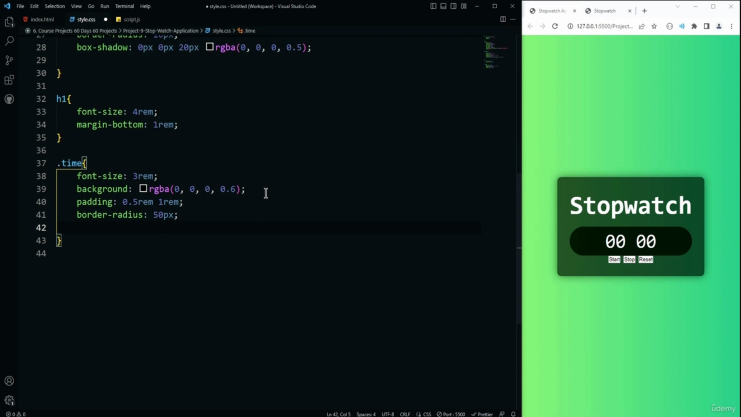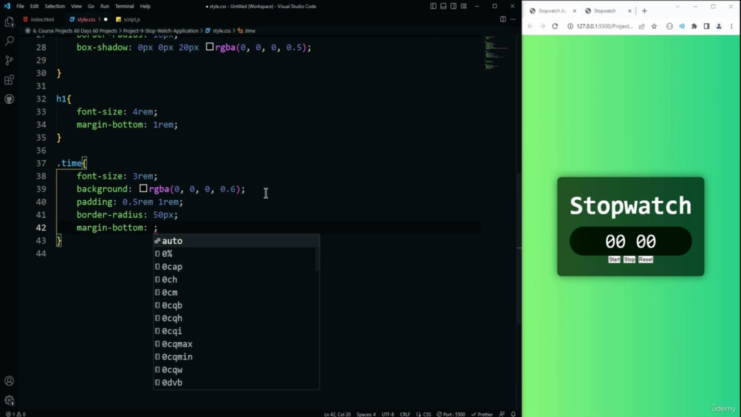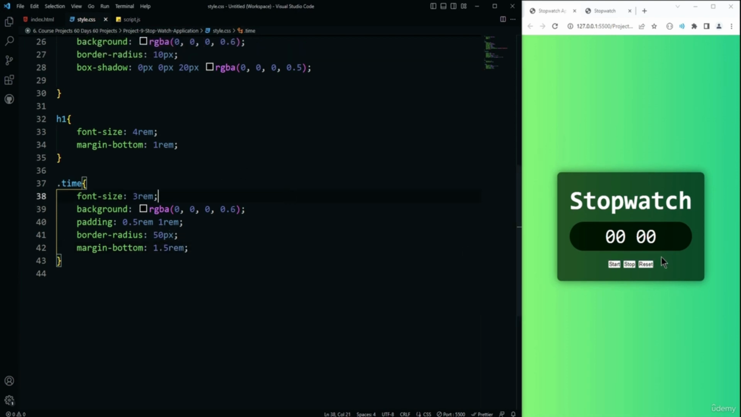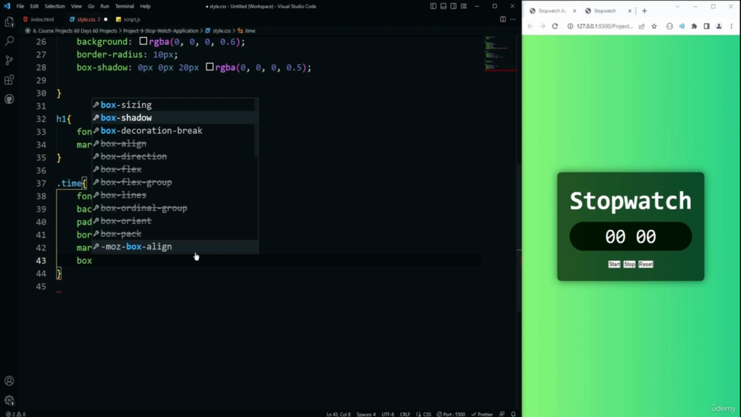You can see we get this capsule-like structure. Then we need to provide the margin bottom property. So margin bottom is going to be 1.5 rem units, so that there is a space between the buttons and the time division. And after that we need to use the box shadow property,